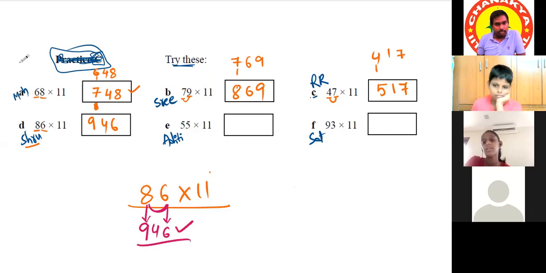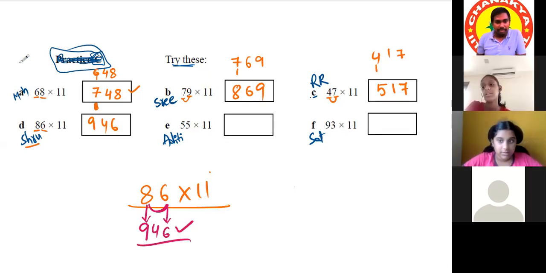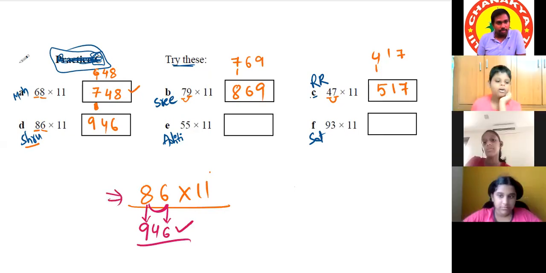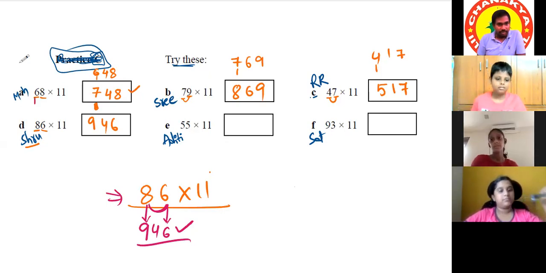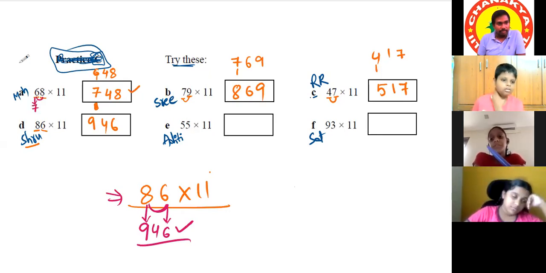I'm getting confused, so I'll not be doing it. Okay, that is what I'm telling. If you are comfortable, you can go with this. Otherwise, you can go the other way. Sir, we can also do it with other numbers, right? Other sums, other numbers multiplied by 11. Just see, I'm applying it for your question. Actually we should write 6 first, but I'm not writing 6. I'm seeing the next combination. 6 plus 8 is a carry combination. That's why instead of writing 6, we'll write 7. Plus 8, the end number is 4, and the last digit is 8.